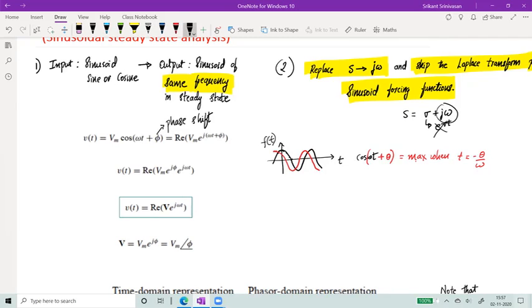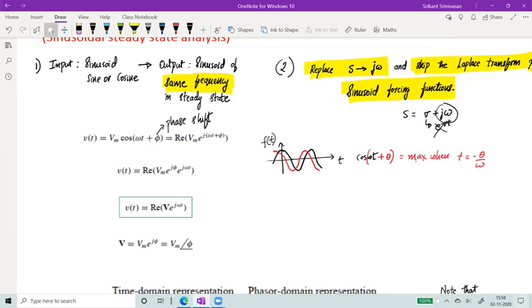So when you have any cosine function, it can be represented as an exponential function. And that would just become e power j (omega t plus phi). Then I can split this omega t and phi as two terms, e power j phi and e power j omega t. Then I can say that v of t is the real part of V times e power j omega t. And that V over here is written as Vm times e power j phi. So this is the phasor.